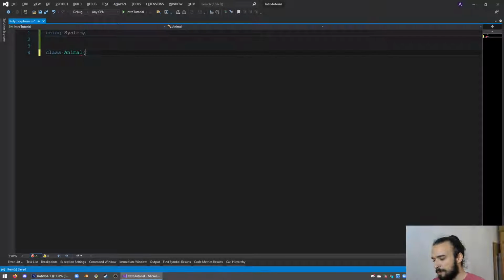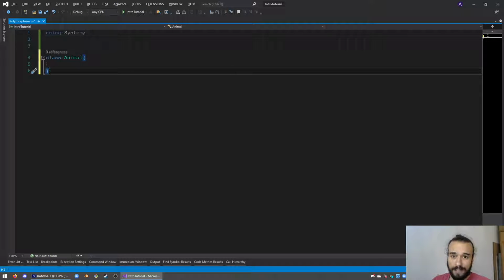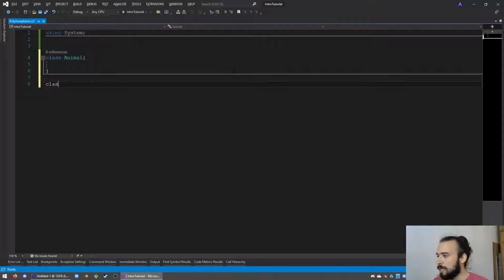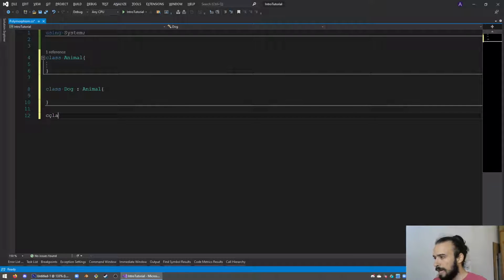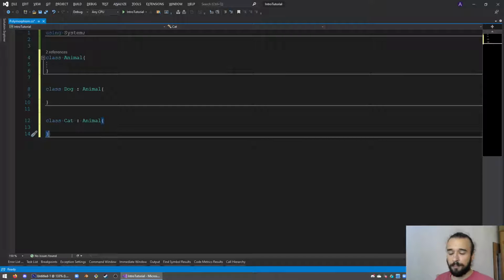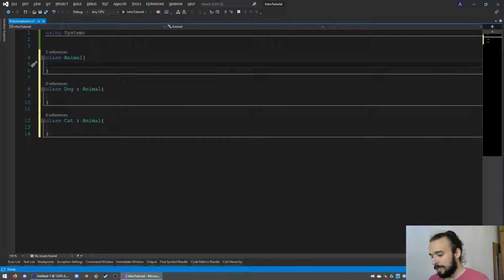We will use a very simple example here where we have an animal class. This will be our base class. Then we will make a dog class and a cat class. Very simple. And note that both the dog and the cat class inherit animal, meaning that whatever animal can do, they can also do. Next thing we will do is create just a very simple function, which will be a virtual function,